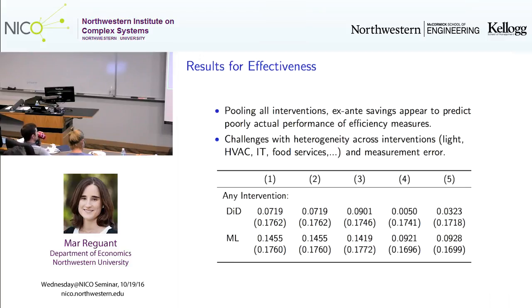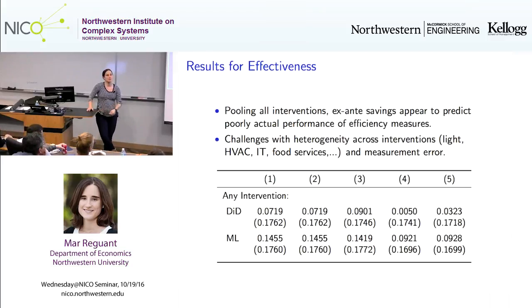Now, you might be like, hold on a minute, Mar, you told us that they were saving 5% on average, so why did it go to 0? And this is in part driven by this measurement error. We are now using these expected savings, and we're getting this beautiful 0 in here. The machine learning, which is one of our goals, is much more robust to such measurement error, but still it's giving us this very, very small number. The measures are delivering 10% of what was expected. So looking at the data, there was some obvious measurement error.